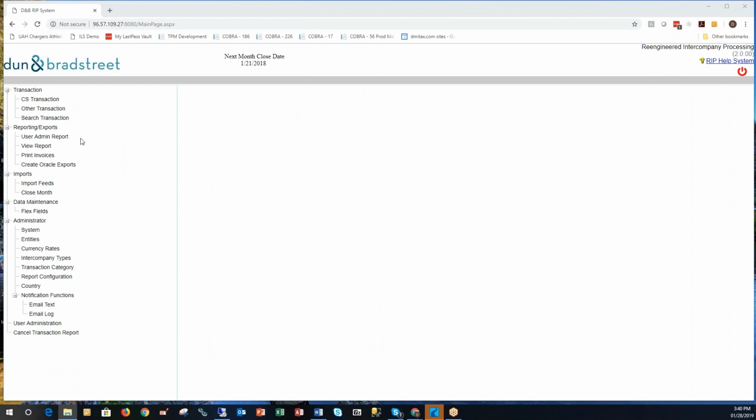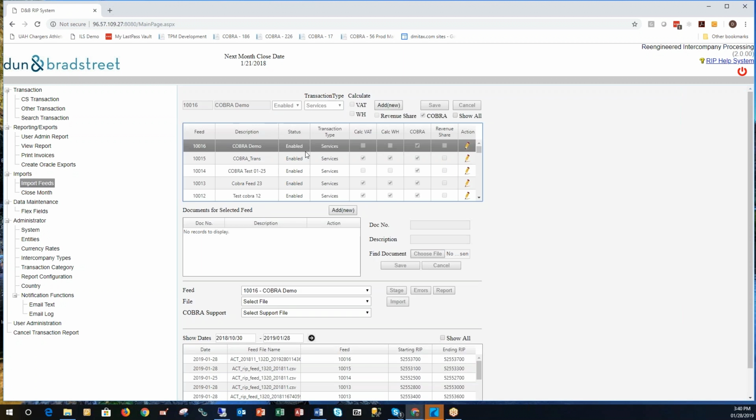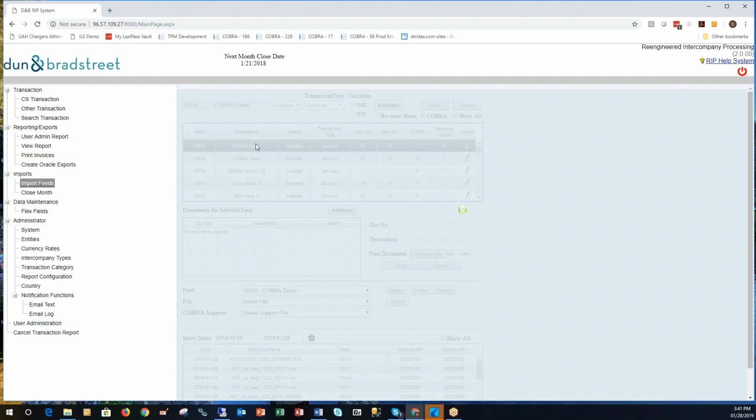Now, if we go from here into the RIP system and we go into import feeds, we will note here that at the top we have the feeds. Now, the only thing that's changed with this top section is the identification of two buttons, revenue share and Cobra. For purposes of setting up a feed for Cobra, and we have one set up here, you're going to click on the Cobra button, and that's going to set up the Cobra feed. And when I select that one,